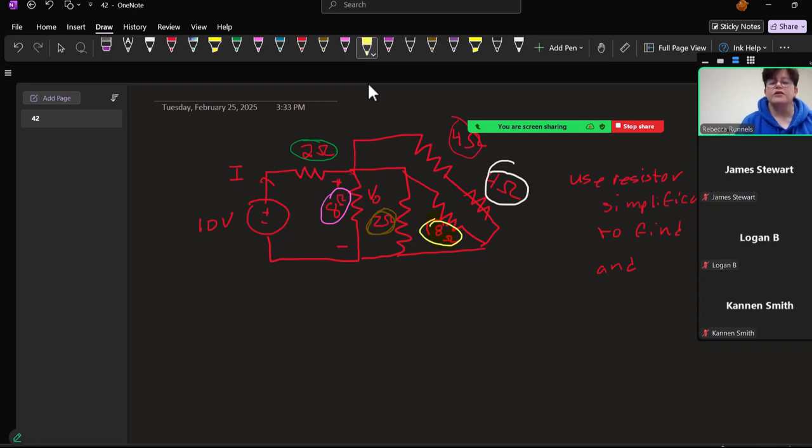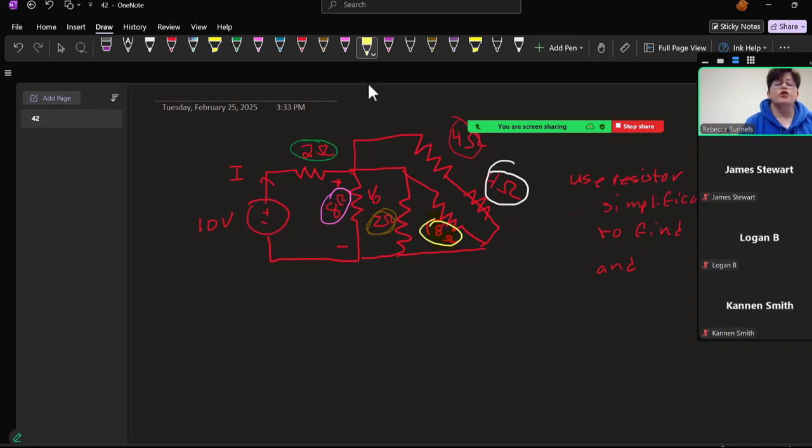Okay, tell me the colors of any two resistors that are in series. The red and white ones are in series. Okay, can you tell me anything that is in parallel? The pink and the brown are in parallel. Is there anything else? The purple, the brown, the gold, and the combined red and white would be in